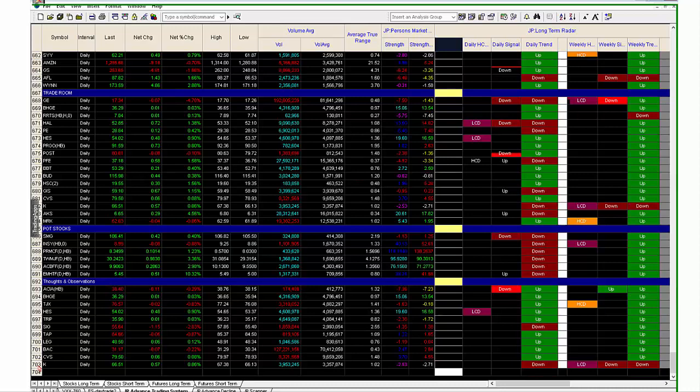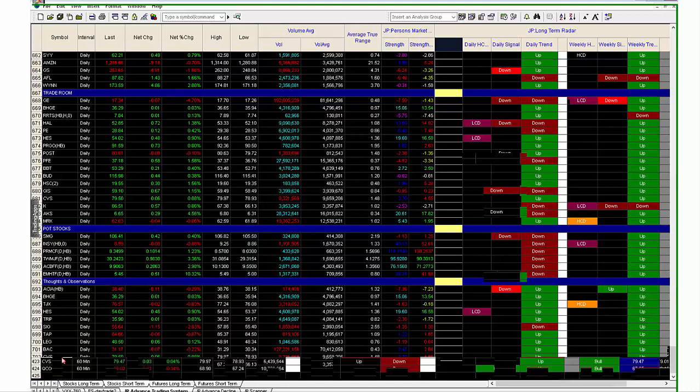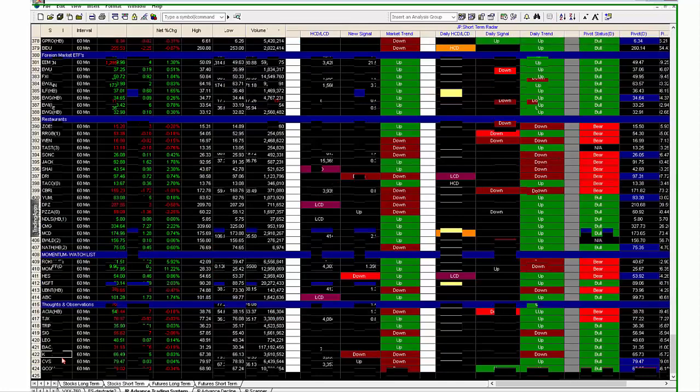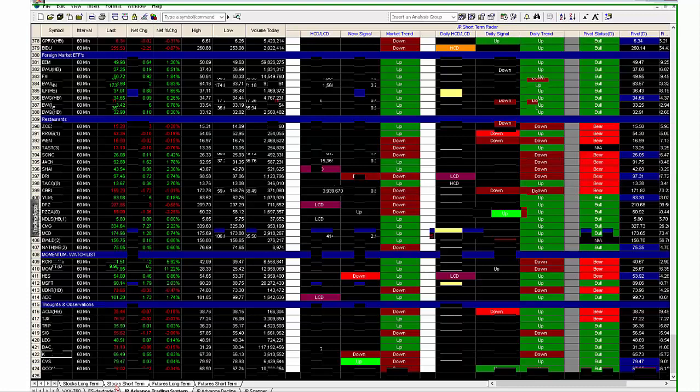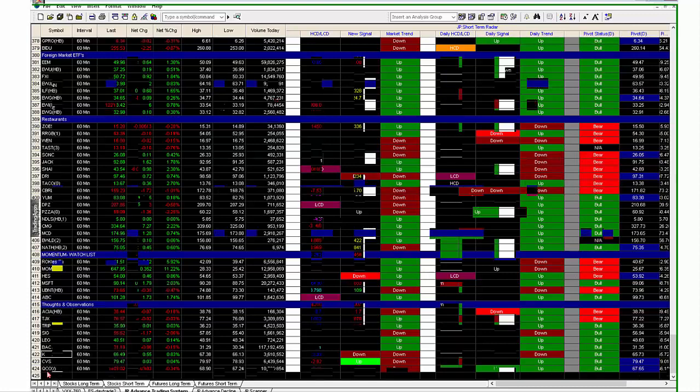But folks, if you have more than one of these radar screen applications open at the same time, remember what you're asking for. 700 plus another 400 plus another 100. Now you're getting into how many? 700 plus 400, 1,100, 1,200 stocks I'm asking this thing to analyze and scan.